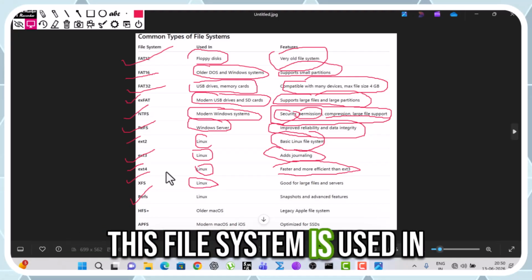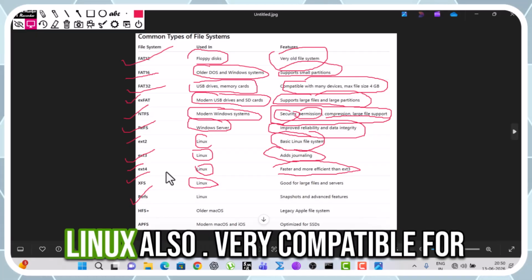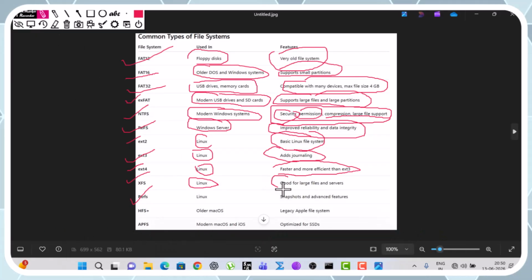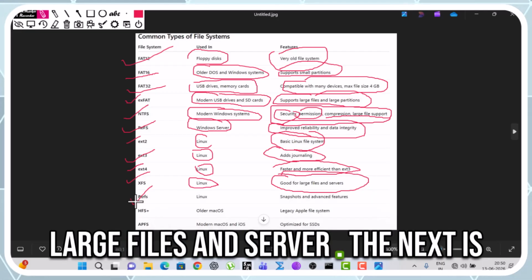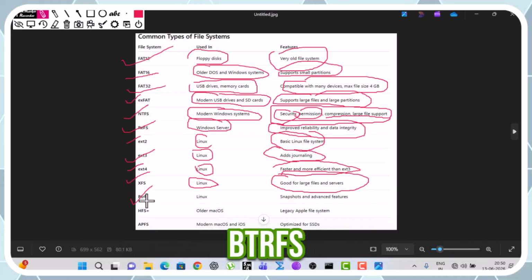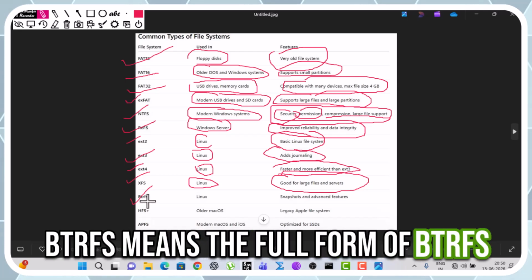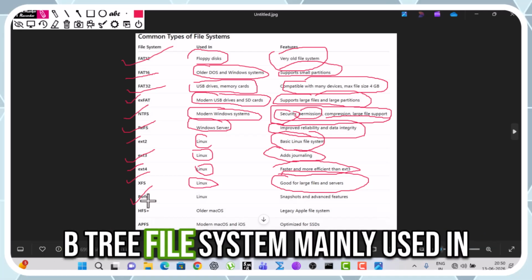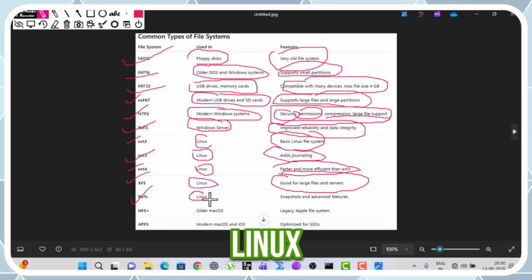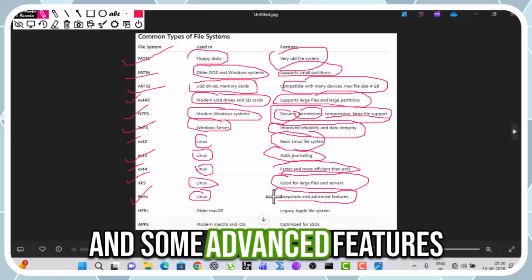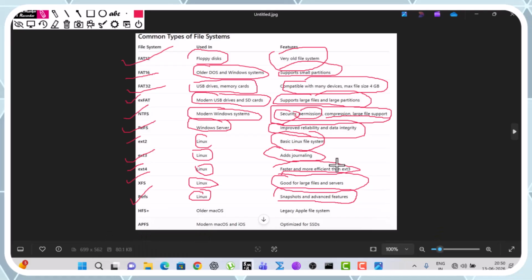This file system is also used in Linux, very compatible for large files and servers. The next is BTRFS. The full form of BTRFS is B-tree file system, mainly used in Linux. Snapshots and some advanced features have been embedded.